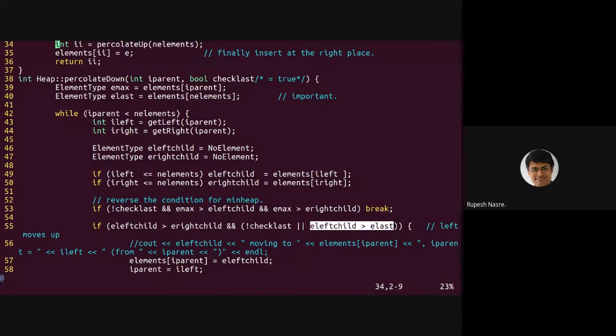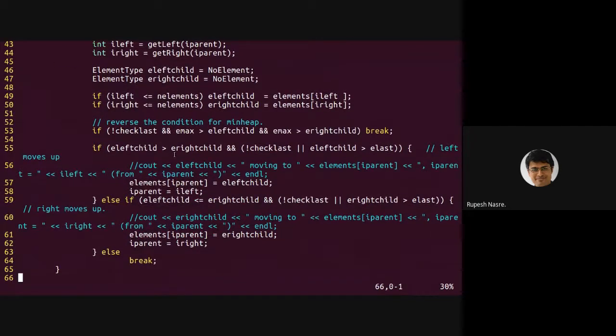So while iParent is less than the number of elements, you might have to go all the way for all the elements, because you might want to go further down, but you might be able to make an early exit, which is going to happen here, right? So that Emax is greater than E right child, and there is another condition. We'll look at this condition, but this is where the early exit is going to happen.